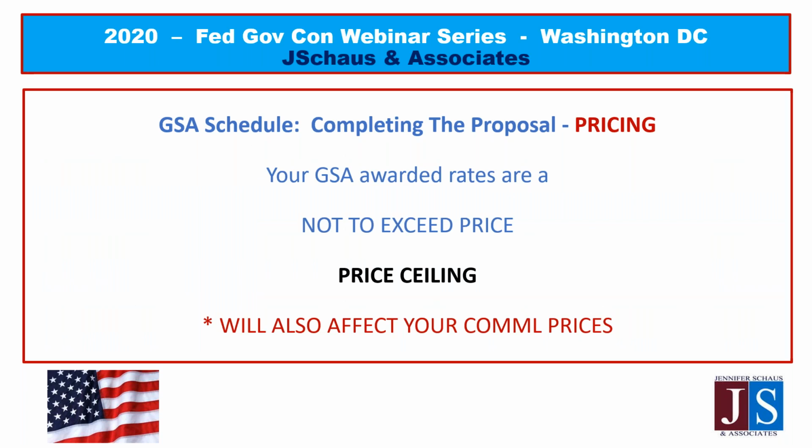That's what that looks like, and I encourage you to do your homework there. So again, pricing is the main component, the main purpose of the schedule. Your GSA rates are a price ceiling, or a not-to-exceed rate, which means that once you're on the schedule, you're going to be offering lower rates